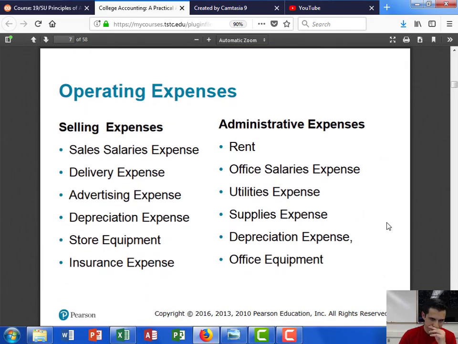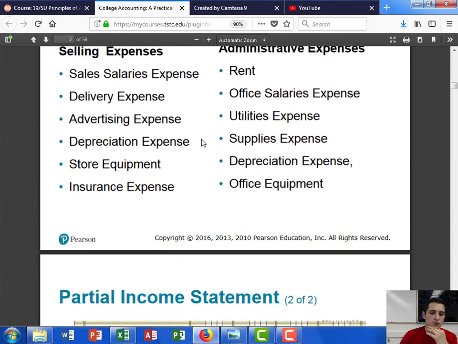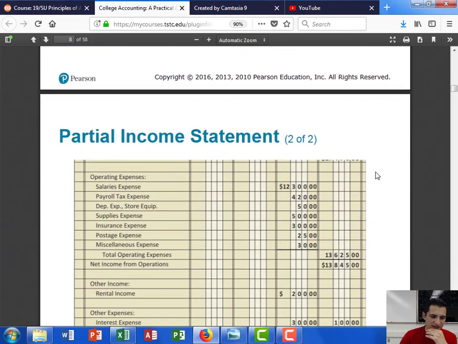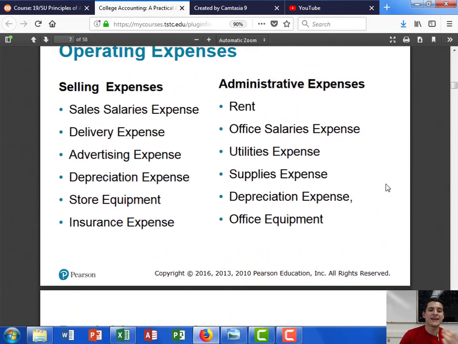With accounting, in the income statement, it's going to be going into different operating expenses, with selling expenses and administrative expenses. It's basically itemizing all your expenses into certain areas. The only one that's going to be away from everything else would be anything that deals with your mortgage or any